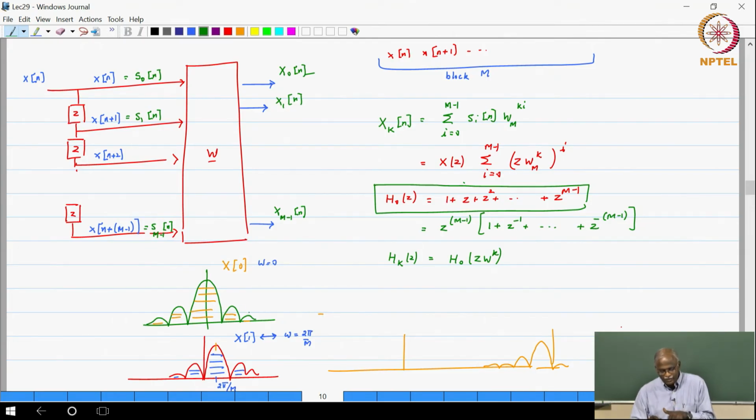And likewise you can then show the transfer function between x of n and the second output to be the same filter shifted to the right by 2 pi over m, and this would be the x of m minus 1. So, this would be x of m minus 1. So, the last but one filter. So, we said that spectral analysis using the DFT can also be interpreted as a